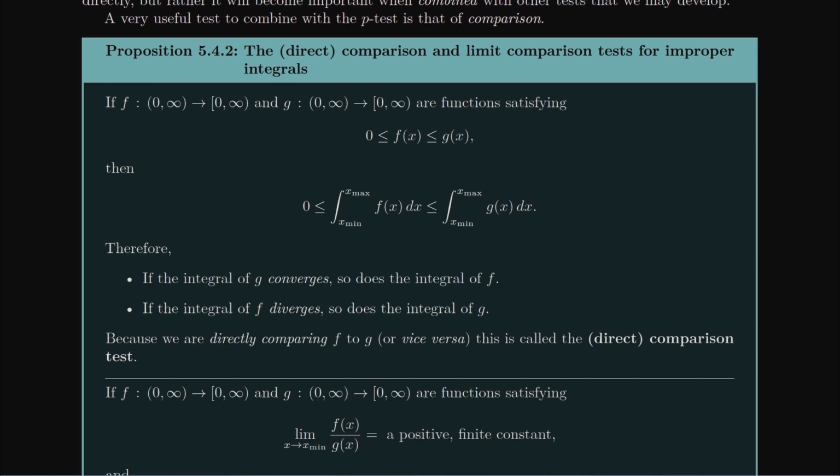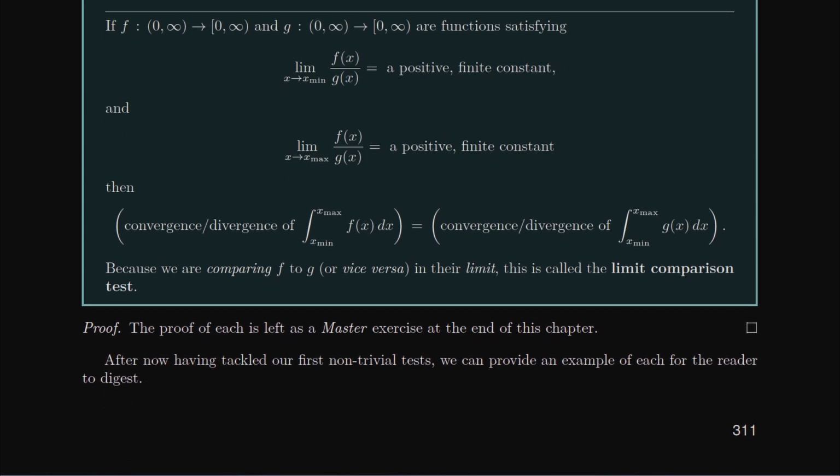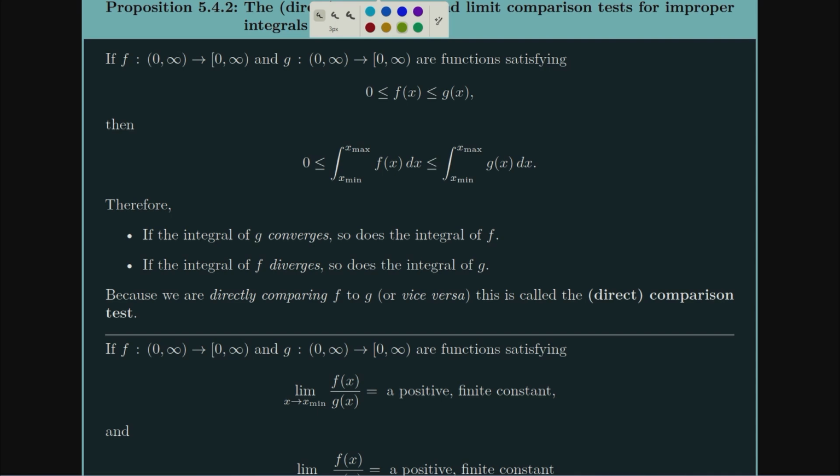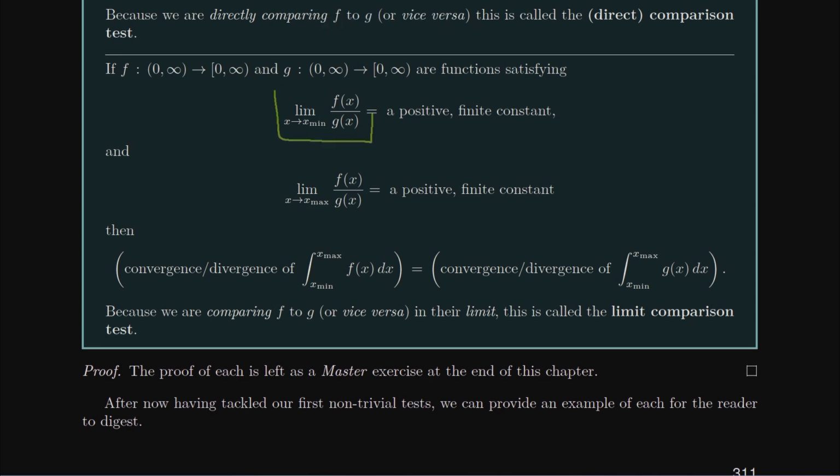So what we have instead is this second comparison test called the limit comparison test, which tends to feel easier. It tends to feel more direct on how we may come up with a second function. With the limit comparison test, rather than trying to show that one function is truly less than or equal to another function, that direct comparison is a little hard. What we do with the limit comparison is we just go ahead and compute the limit of the ratio of two functions near the endpoints of the integral.